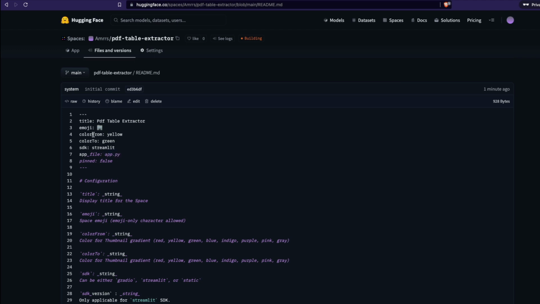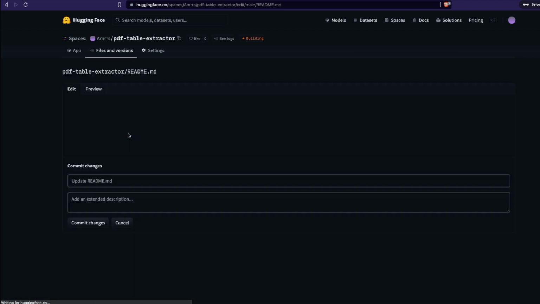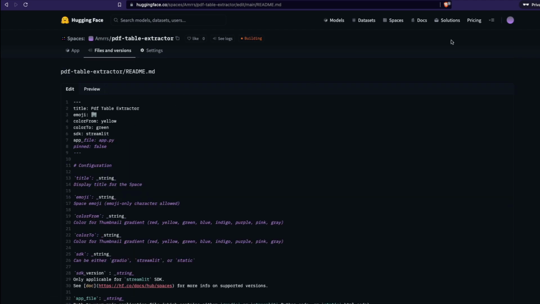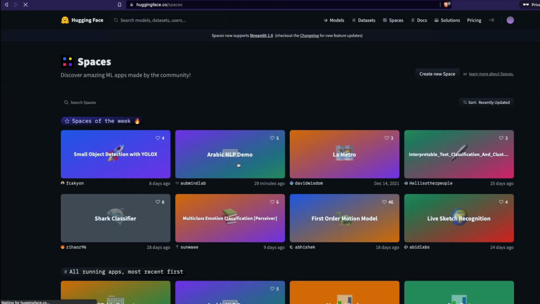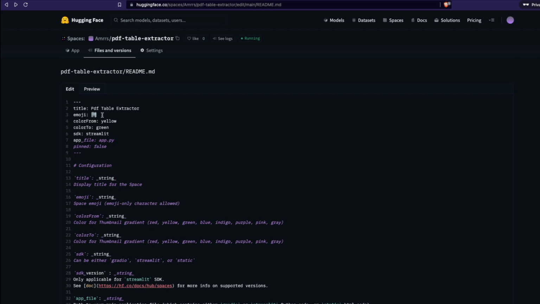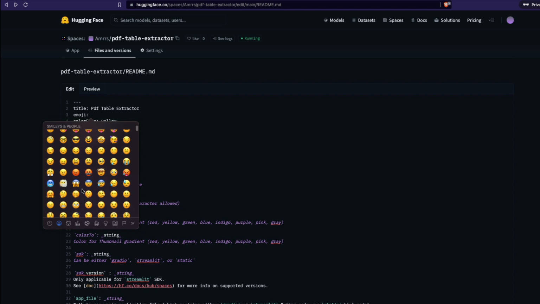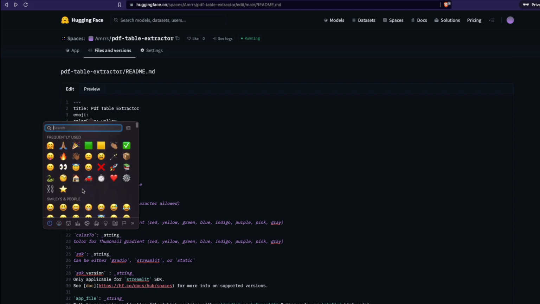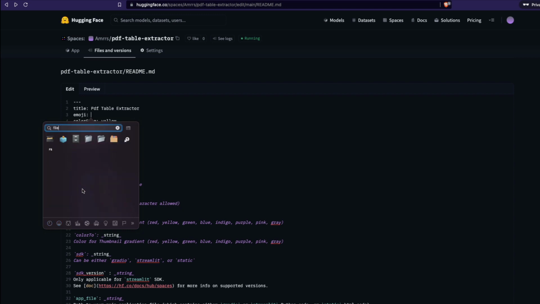If you want to change the emoji here, like the emoticon that you see, you can change it. Right now we have a default emoji, maybe we can change it. I don't know what emoji we have. What would be fine? Is there anything related to file?